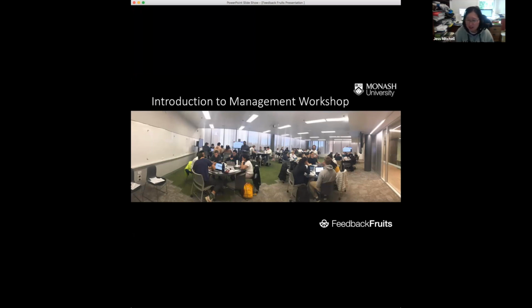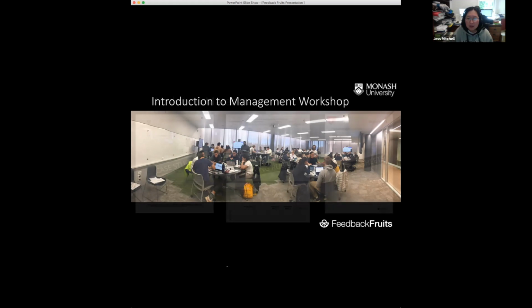If you look at this picture, this was a panorama picture of our classroom last semester. As you can see, all of the students are seated together in groups. The classroom that we use is very conducive for collaborative activities. It's a flat floor space, and the tutor or the facilitator moves around quite freely. You can see that there's a buzz in the classroom, people are engaged. And the students are also allowed to use their electronic devices, which I think helps make things more engaging.